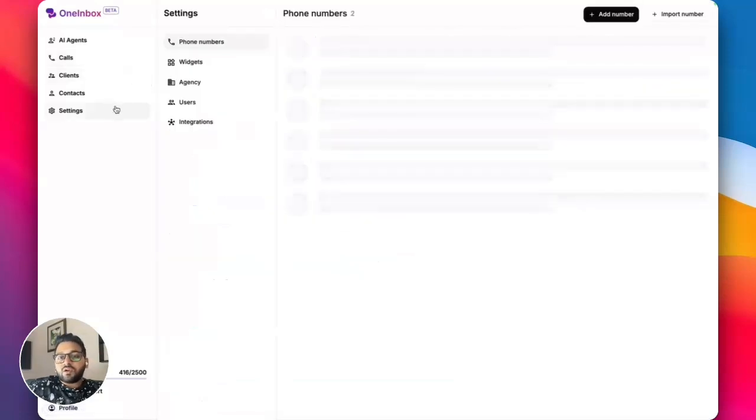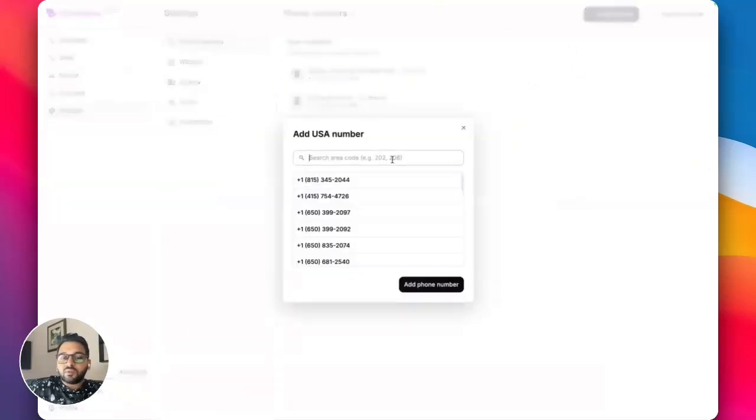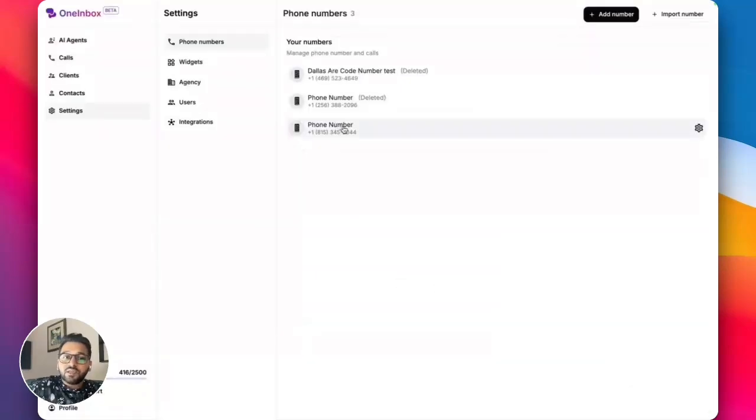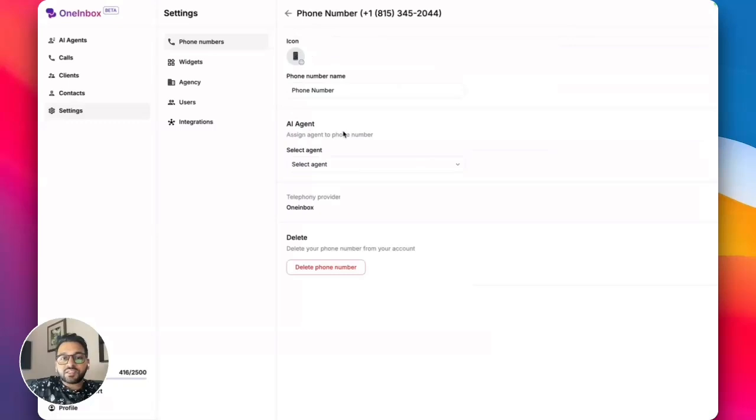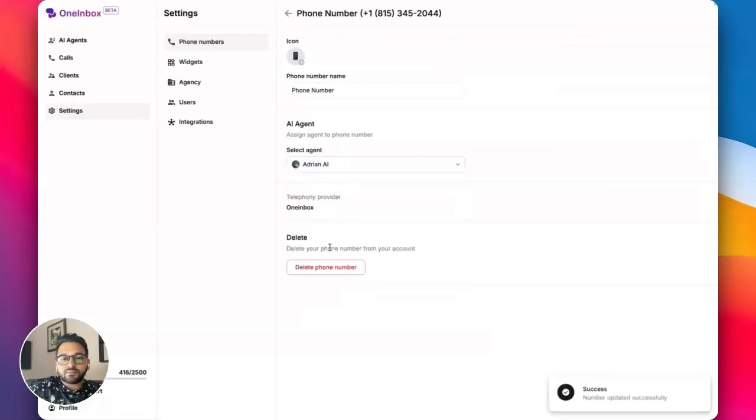To make an outbound call, you must have an active phone number. So you can take an active phone number from our panel and use that for making an outbound call. Once you have a phone number, make sure you assign your agent here. Once the agent is assigned here,